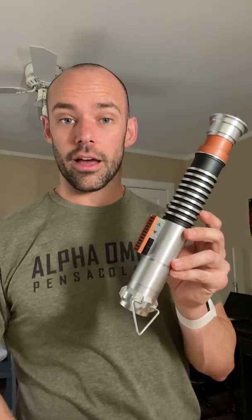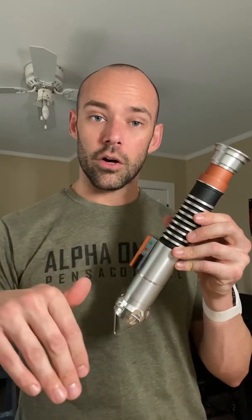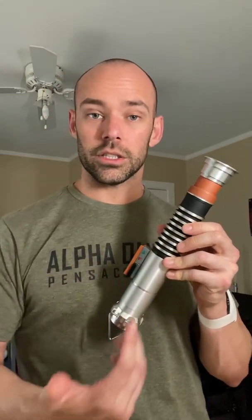I have another lightsaber for sale. Several months ago, I bought some Hasbro ones that I was going to convert and sell myself. I did the graphics already, but now I just finished up the Luke Return of the Jedi Hasbro saber, and it is for sale. You can find all of the details below about what's inside of it, what's included,